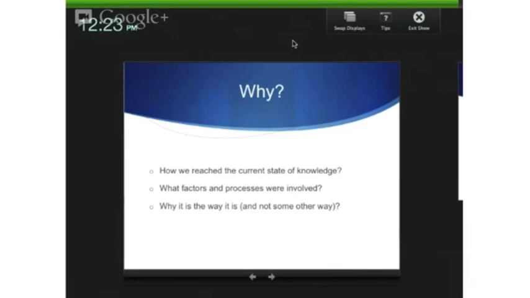So for example, we study the evolution of biological species. We study geological processes. A good example is the study of the evolution of languages. We try to understand how language has actually evolved, why the language is the way it is, why we use certain words, and why they are pronounced the same way. So all this research in different domains is trying to understand the process of change and the reasons why and how that change happened.